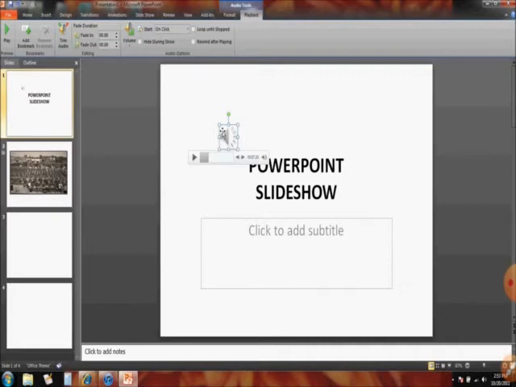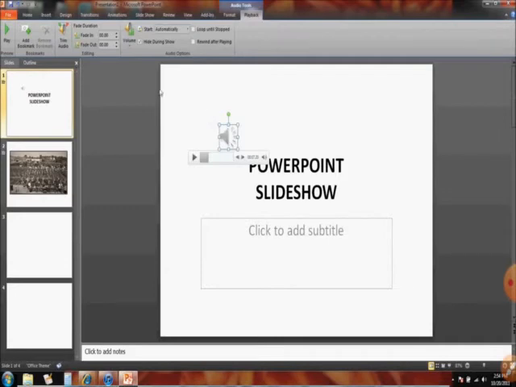You can choose whether you want it to play automatically, or on click, or to play across slides, meaning in the whole presentation that audio will play. So we can select automatically, and as you press F5 and start your slide, that audio will play automatically. You can see the speaker showing here for the audio.